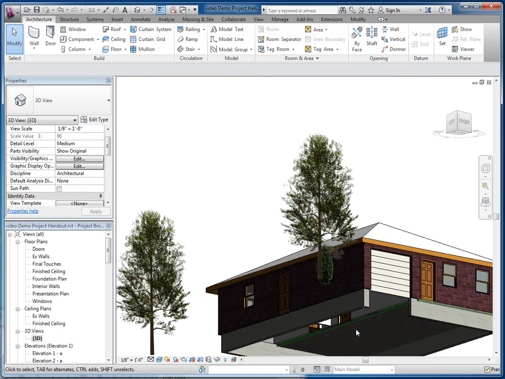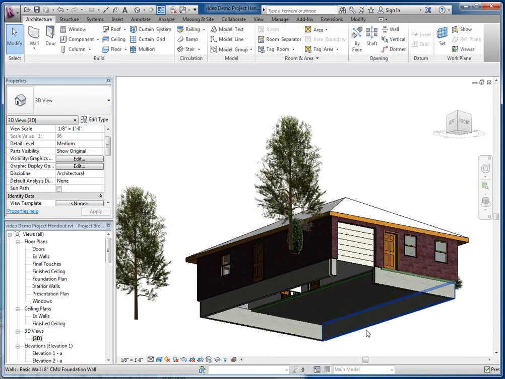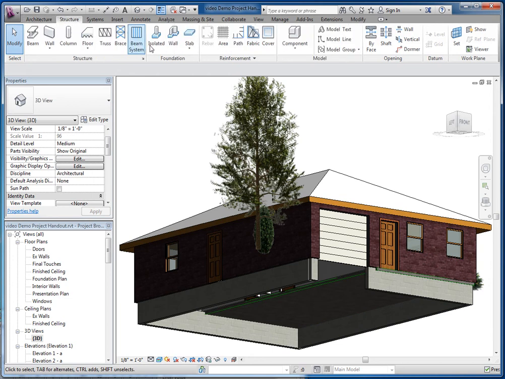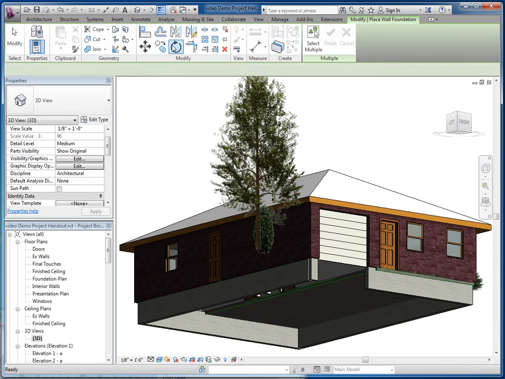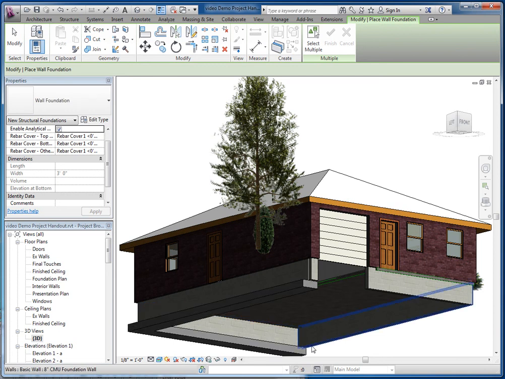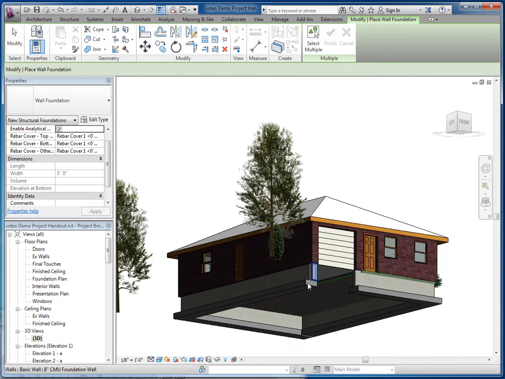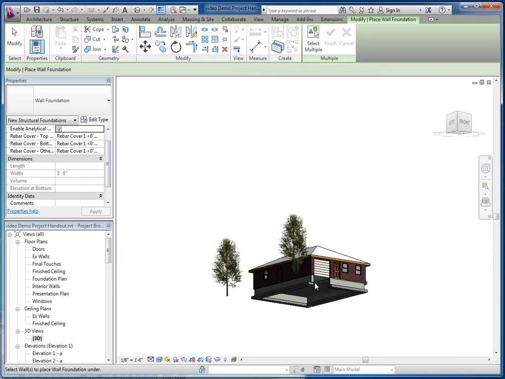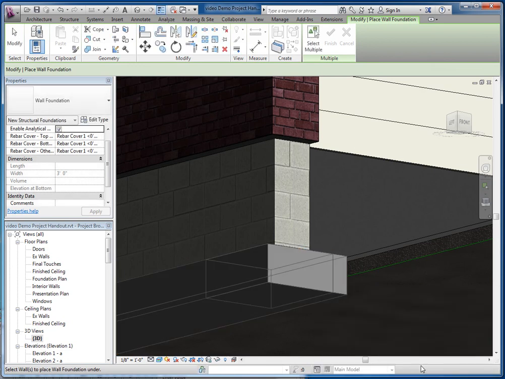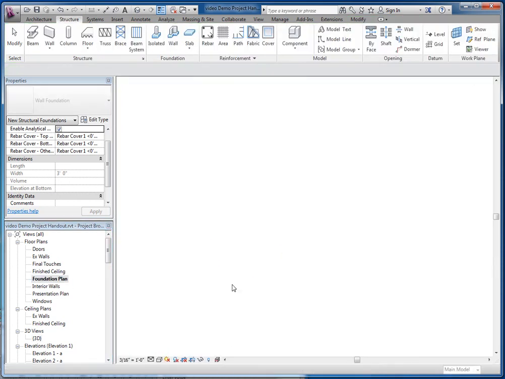The next thing we need to do is add a footing, and you can do it actually in this 3D view if you want. So we're going to add a footing. So we're going to go to Structure, Wall, and we'll just pick around the bottom edge of our foundation wall, and those footings were placed onto there. So I'm going to go back into my foundation plan, take a look,